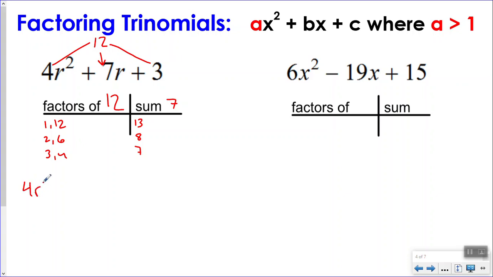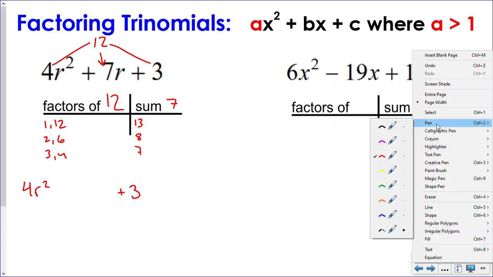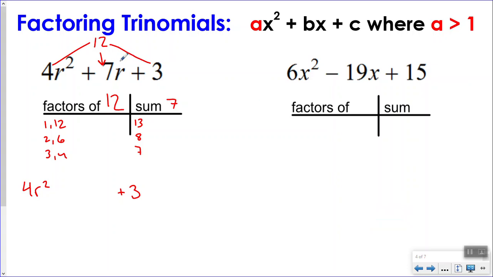I'm going to keep my 4r squared. I'm going to keep my plus 3. But now I'm going to use those two new factors to rewrite my center term. Because we know that the sum of 3 and 4 is 7, which means that I can take out 7r and replace it with 3r